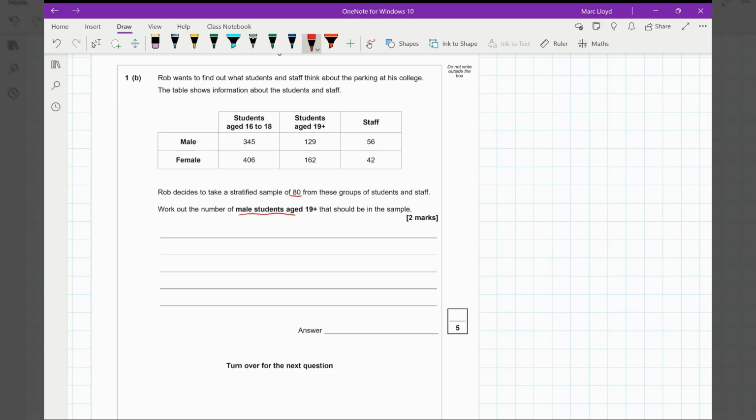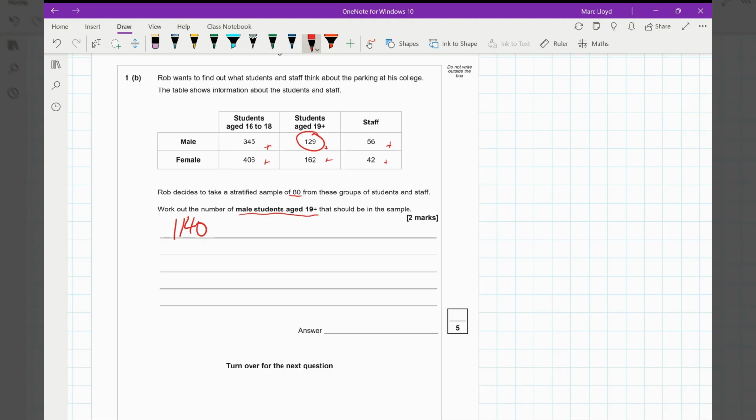Work out the number of male students aged 19 plus, which is that one there. It should be in the sample. So we're going to add all of the numbers up. So we're going to add all 6 of these up to find out how many people are using that car park. And once you've added it up, it's